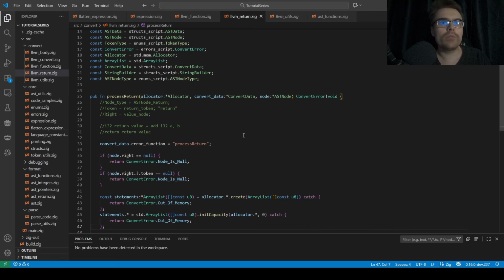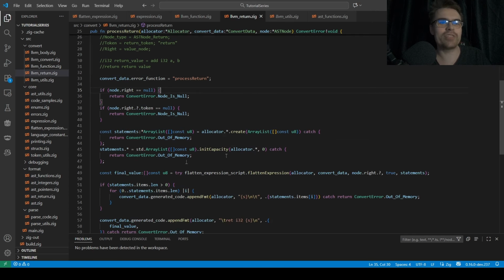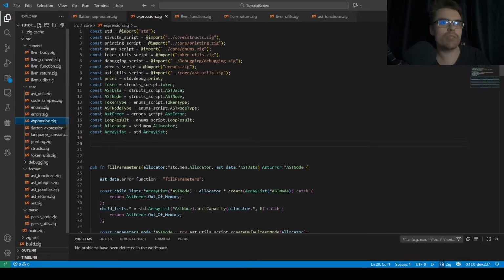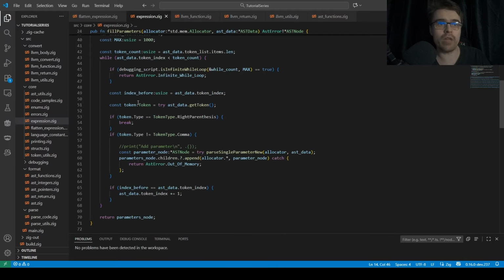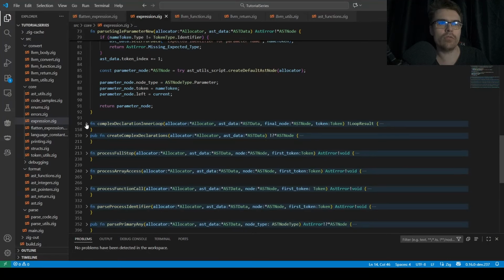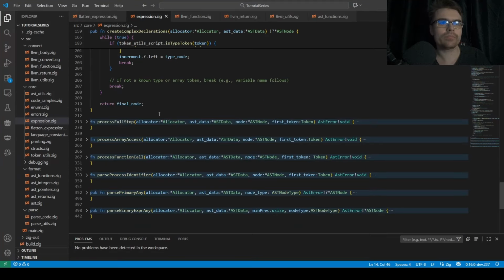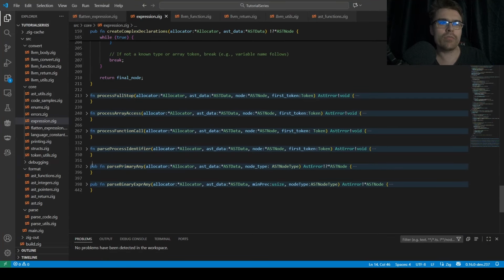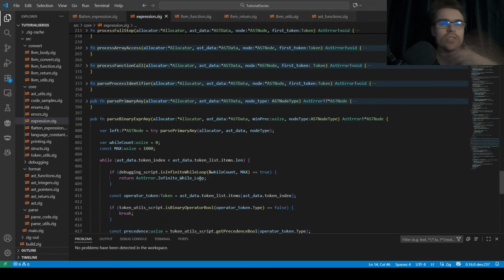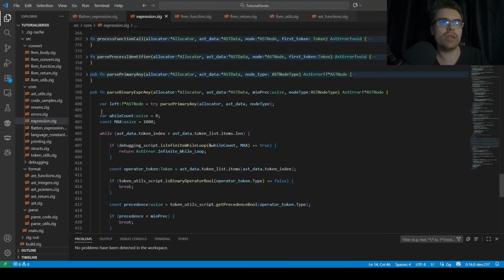Anyway, this is probably even more scatterbrained than usual, because I thought, okay, I'll just implement this, and it took me a day and a half, and I was writing a load of stuff. What I wrote this time was expressions. I have fill parameters, and we have all of this. And then I forgot about this. This is just endless cycles. In parse binary expression any, I had to